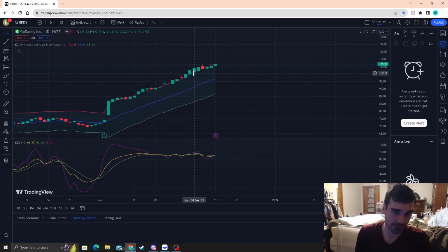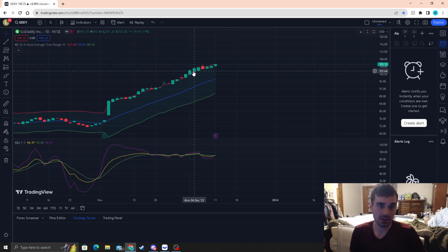So right here would actually be a good entry, right in this area, because you see how the K is 94.97. The higher the number, the better. I like to look for 94 for a really good entry. That's a really good accumulation. Now, keep in mind, with this strat, I have to keep reiterating, you're not going to get the perfect top. So, please accumulate